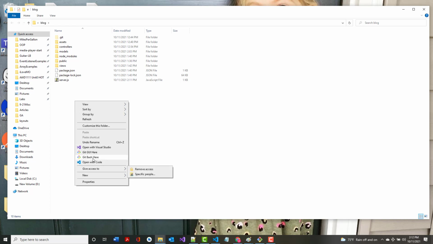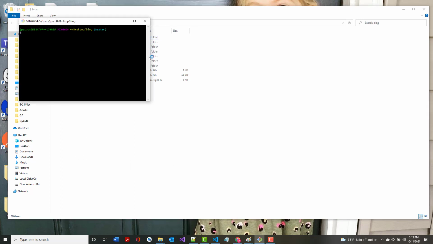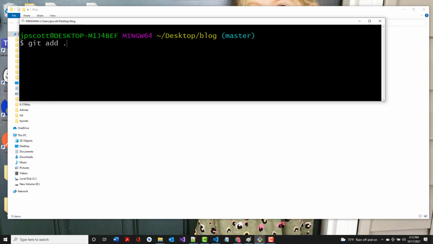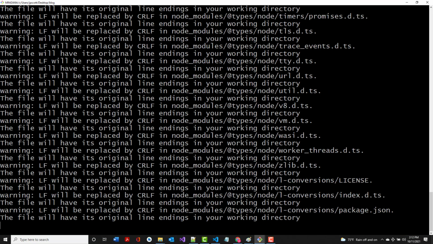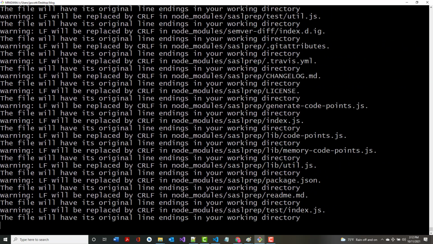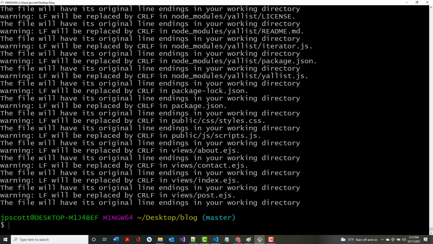So let's go in, and I'm going to open up another Git Bash window right here, and you know the drill. So git add dot. And see, there's a lot of junk, a lot more than I usually have, but that's fine. So I did the git add dot. All right, git commit